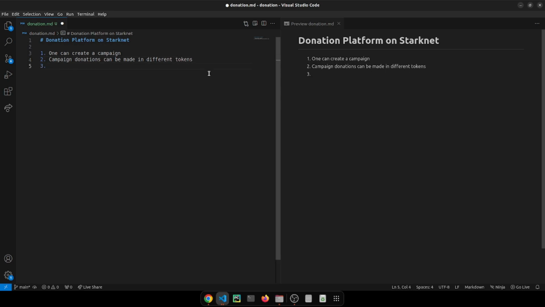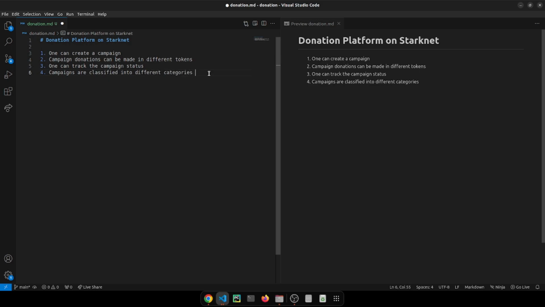The third one is that one can track the campaign status, and another thing is that campaigns are classified into different